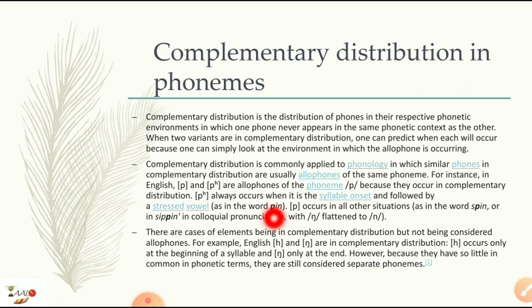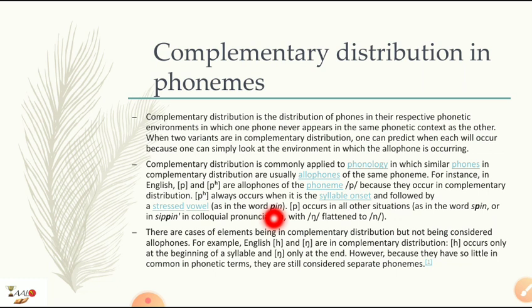Because p is not occurring in the word initial position. Though it is followed by a vowel sound, it is not in the word initial position. Hence, in spin, p is unaspirated. And in any other occurrence other than the word initial occurrence, when the